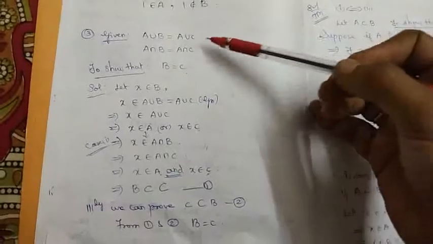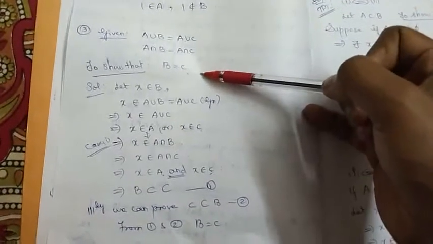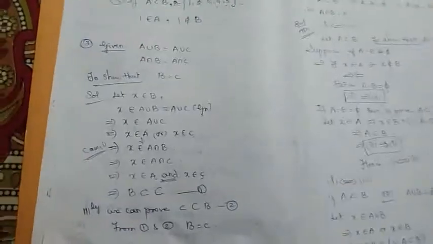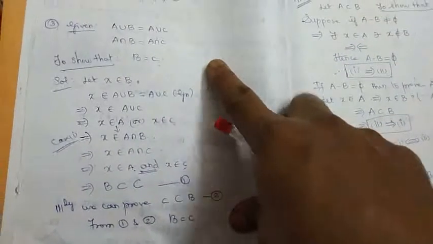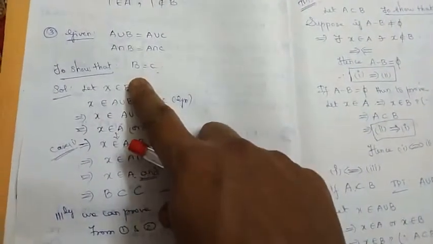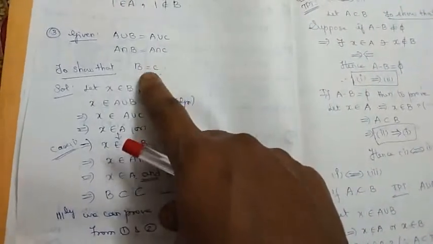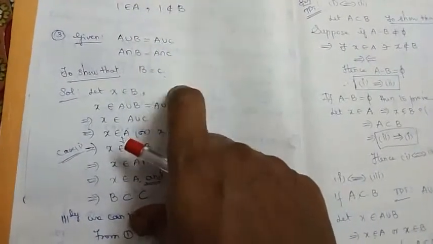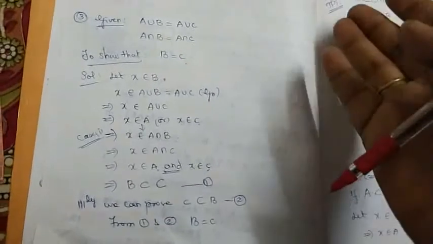And also we have solved problems of this kind. They will be giving few instructions and they may ask you to prove something else like this: A union B equal to A union C, A intersection B equal to A intersection C. So we need to show that B equal to C. When we want to prove like this, we will start with any random element from any one set. Let x belong to B. Like this only we will start. When we want to prove two sets are equal, we will prove one is a subset of the other and the other is a subset of the first set, so that two sets will become equal. This is the procedure to prove.